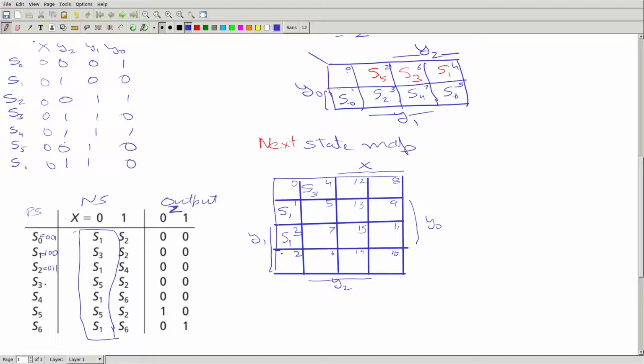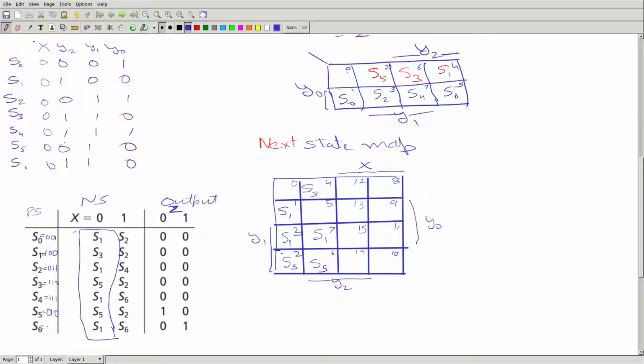And when we get S3 as 1, 1, 0, that is 6, then we get next state as S5, and S4 is 1, 1, 1, then we get next state as S1, and when we have S5 as 0, 1, 0, that is 2, then we get our next state as S5, and